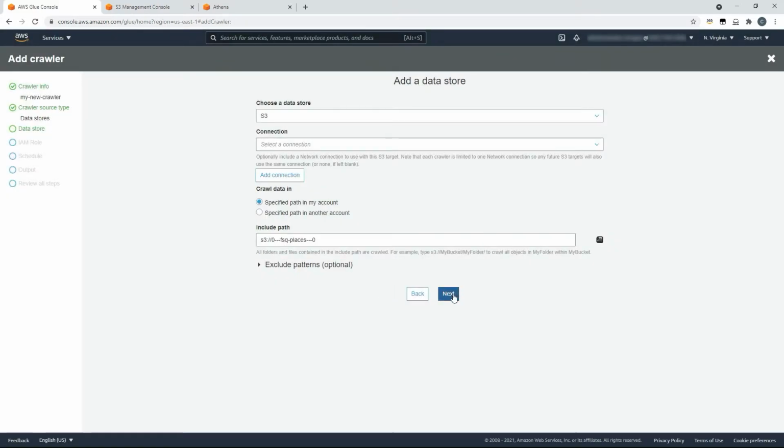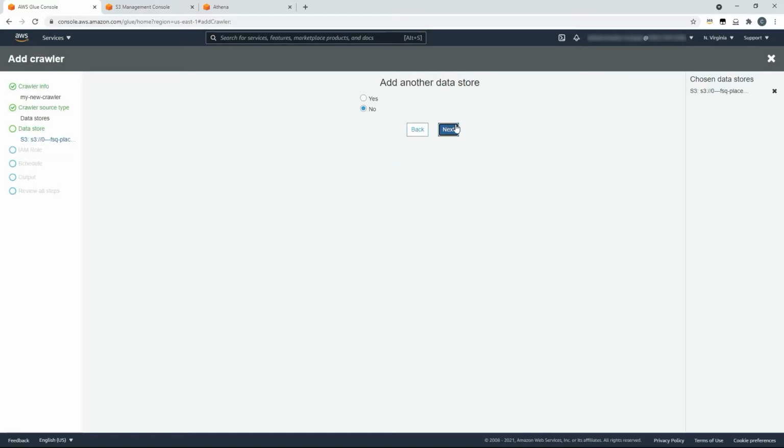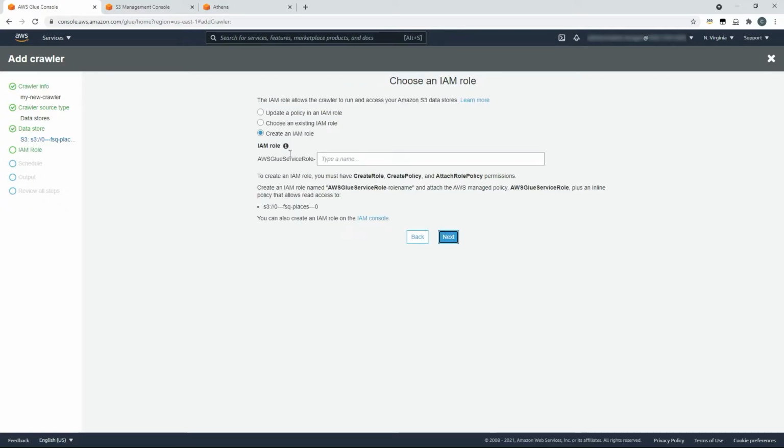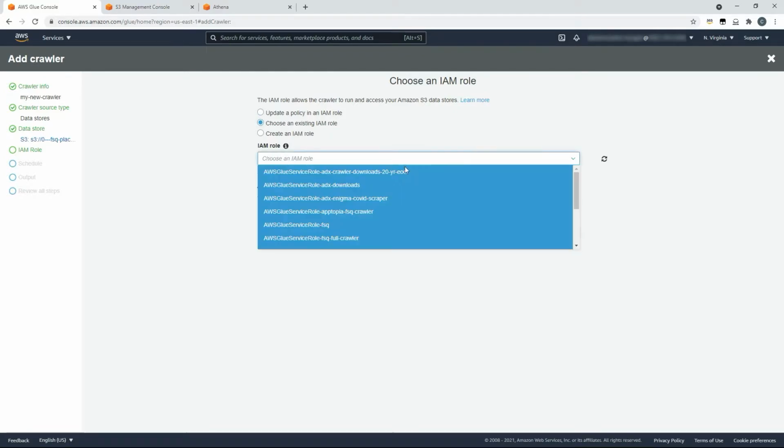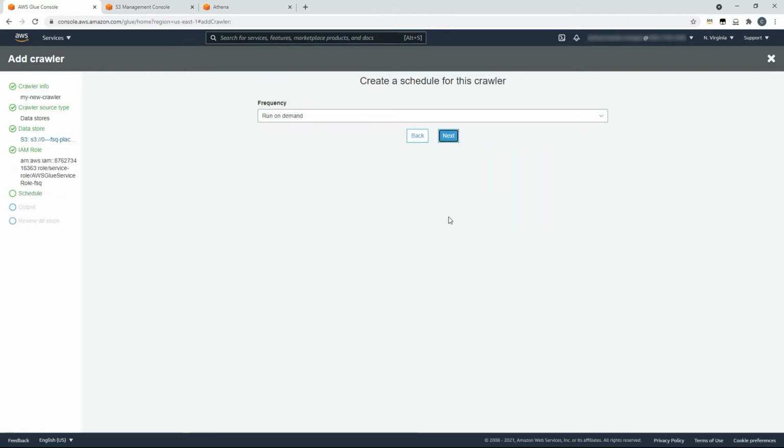Once we've chosen our bucket, we can click next. We'll choose not to add another data store, and we're going to use an existing role, but equally you could create one quite simply here at the point of crawling. We'll click next, and finally we'll choose the frequency, or how often this is to run, and we'll just run this on demand.